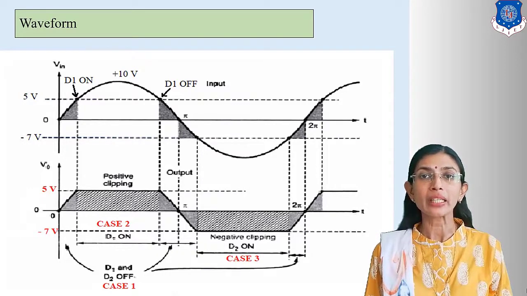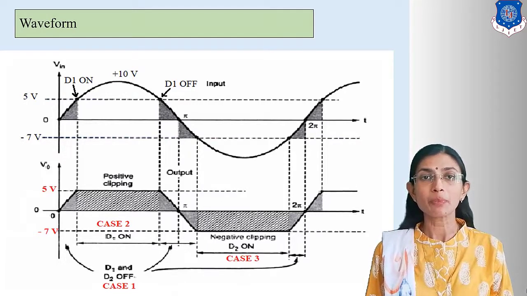For positive half cycle, if V input is less than plus 5 volt, that means less than V reference 1, initially D2 is off, so initially both diodes are off. For this condition, when V input is less than 5 volt, D1 and D2 both are off. You can see in the second waveform, the output will be like that. Output follows the input because both diodes are reverse biased and it acts as a window, so output equals input. So draw the same waveform for this portion.